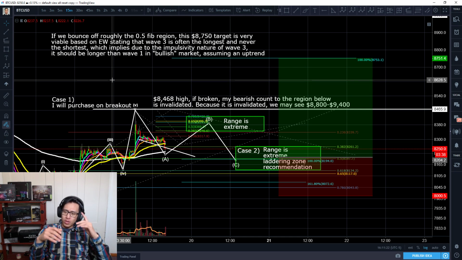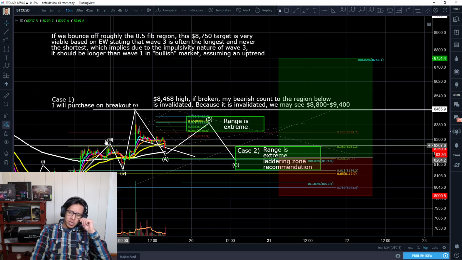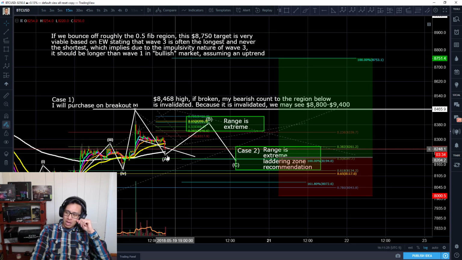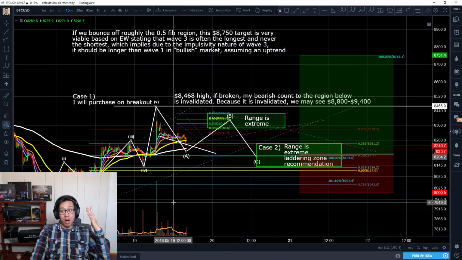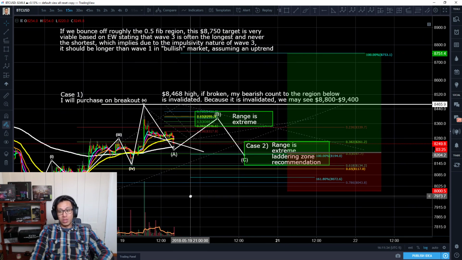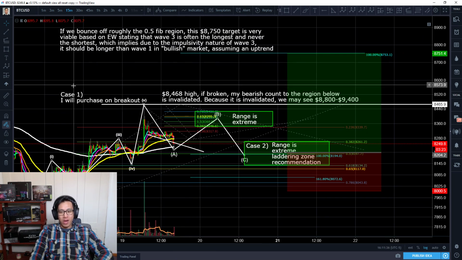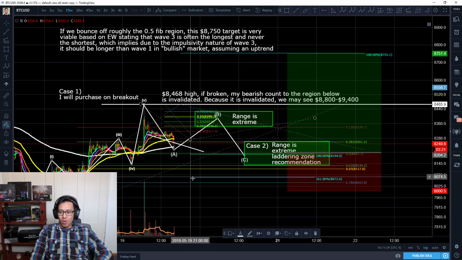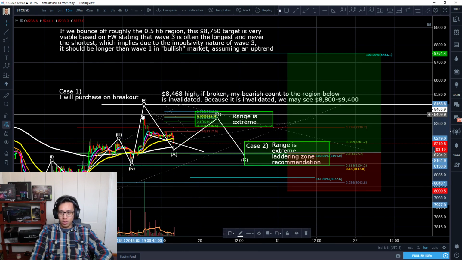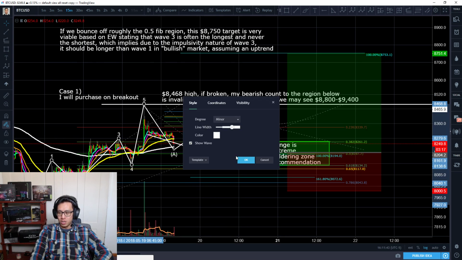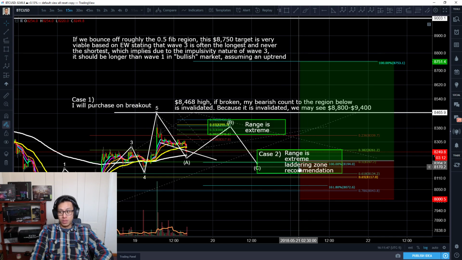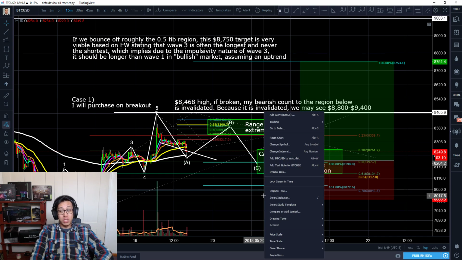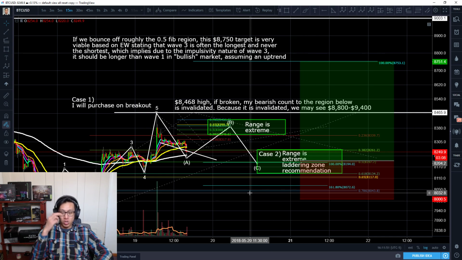So I'm looking at this and I see some cases, right? This zone from right now where we are, 82.50-ish to whatever, is a no trade zone to me, guys. I don't know if it's going to go up. I don't know if it's going to go down. But what I do want to do is either buy it on a breakout right here, or, hold on, this is driving me nuts. OCD moment here. Or I want to ladder my buys if it actually drops a little bit lower, right? For my swing position, not for my day trading position.